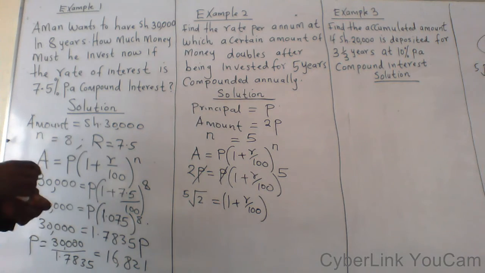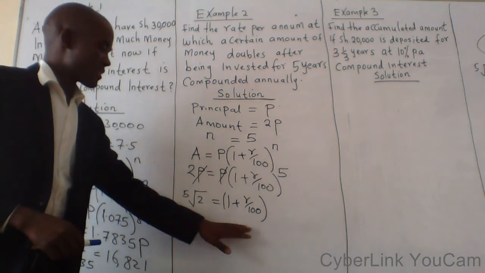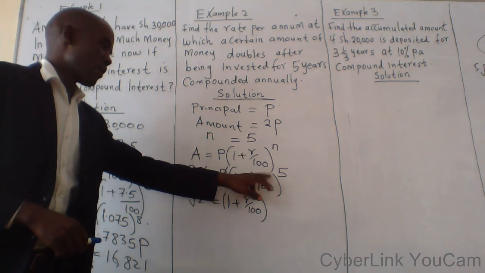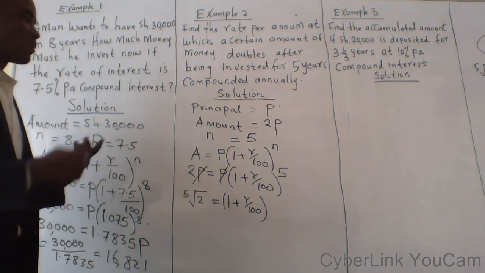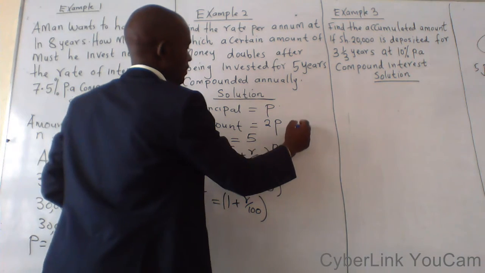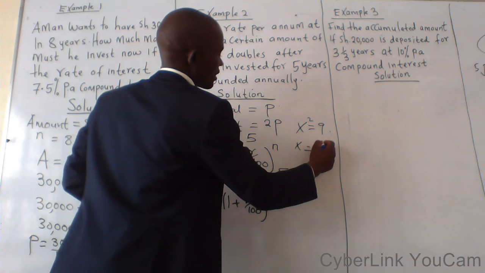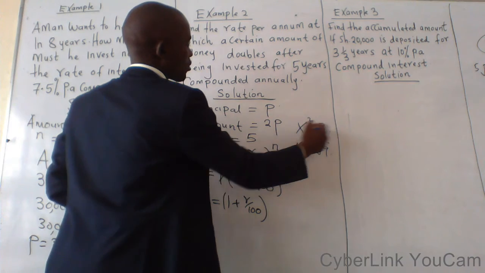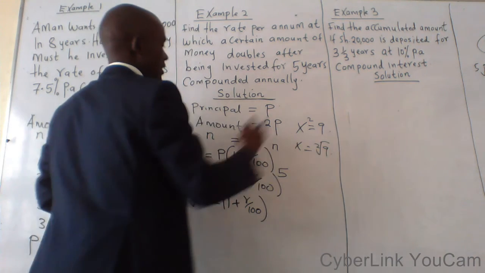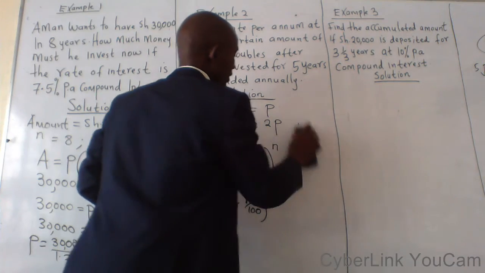So what I've said is, if you take the 5th root on both sides, you will have such an expression. So this power will disappear. Just like if you are given x squared is equal to maybe 9, x will be equal to the square root of 9. Meaning, you are taking the square root on both sides. Then the power on x will, of course, disappear. That is basically what we are doing.